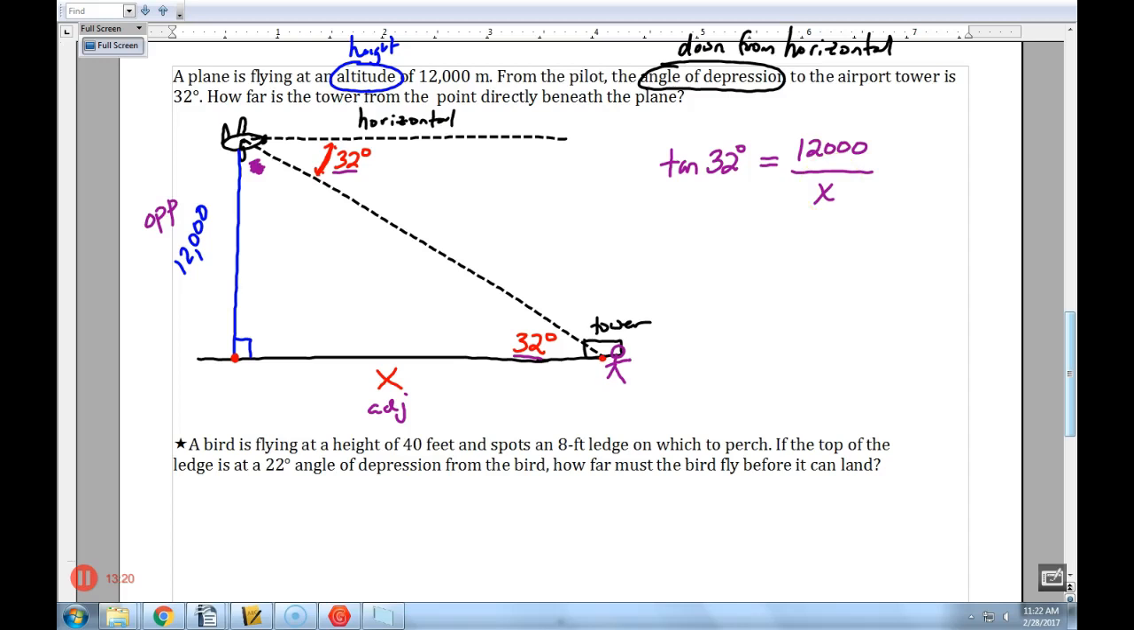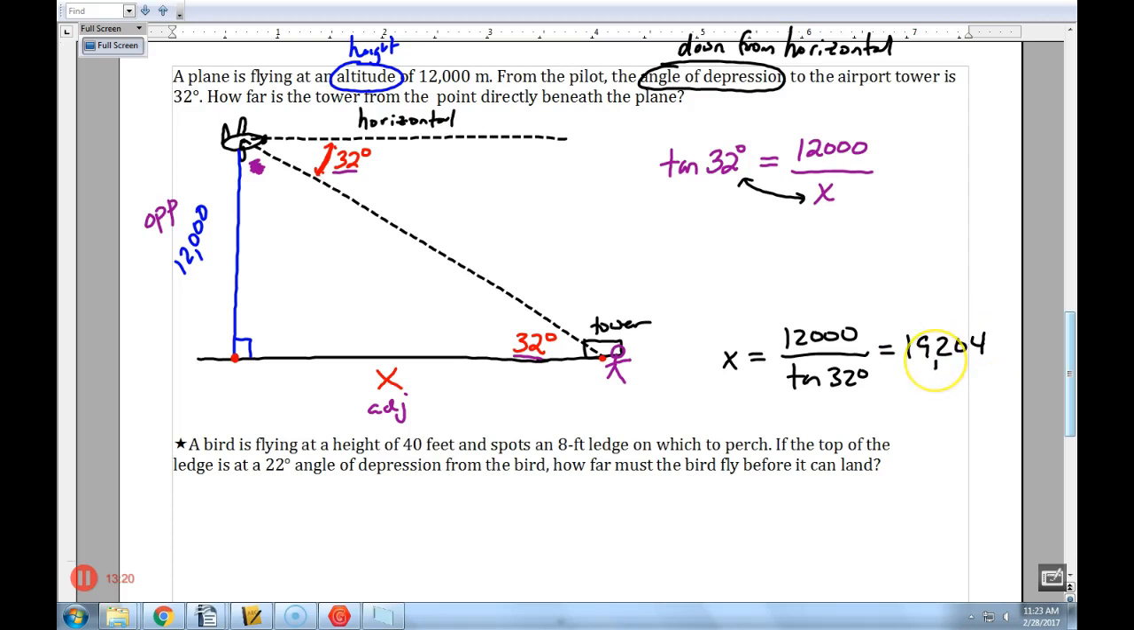So now if you want, you could put a 1 under there. You could put a 1 under the tangent of 32 and you could cross multiply. Or I think I've showed you guys before that you could just use a shortcut and these two basically just end up trading places. And I basically get x equals 12,000 divided by the tangent of 32 degrees. And I'm going to calculate that using the calculator here. 12,000 divided by tan 32 equals,